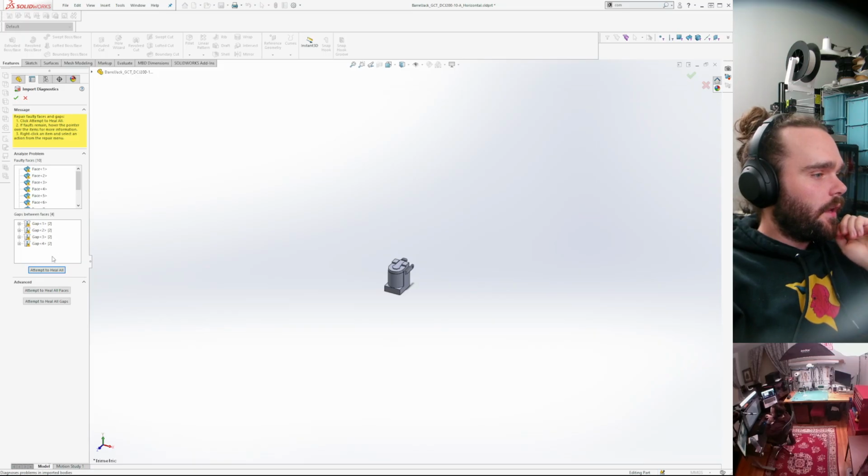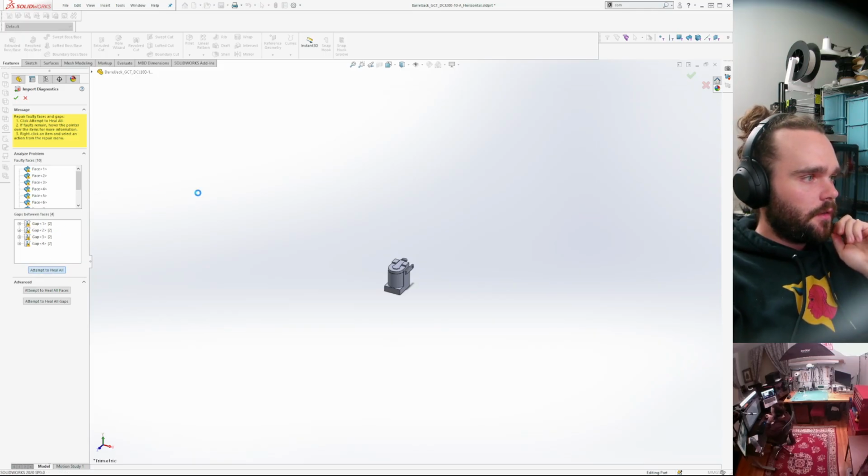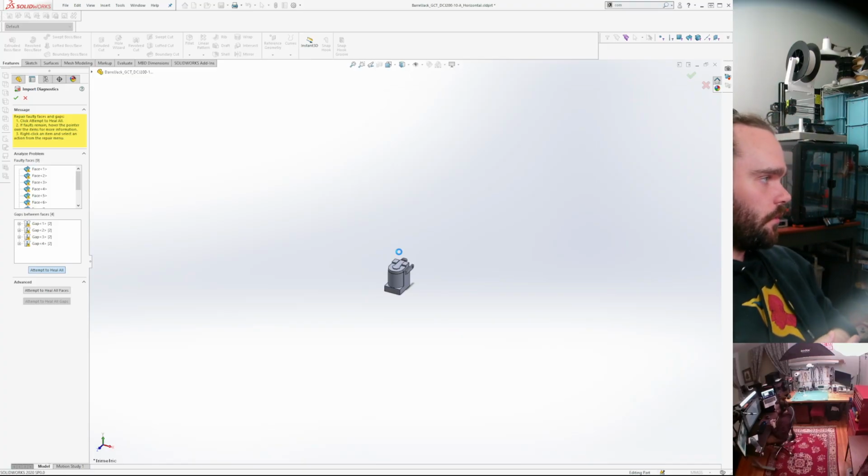Okay, so just again going through and seeing if there's any low-hanging fruit that we can fix with the auto heal tool.